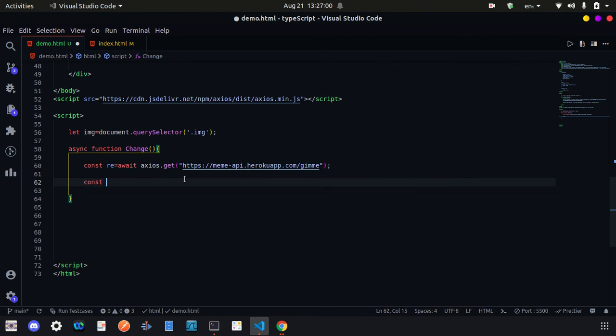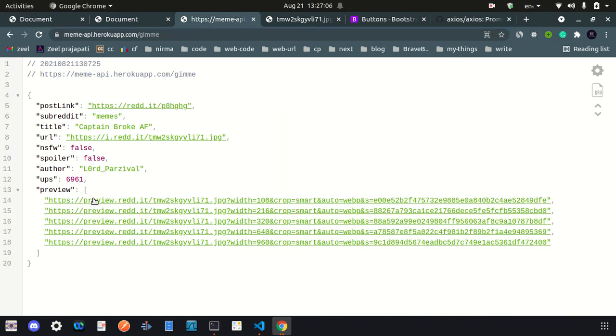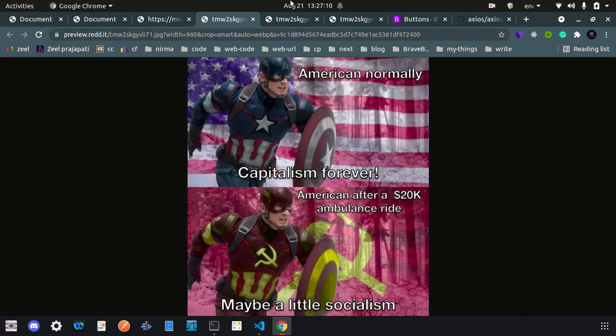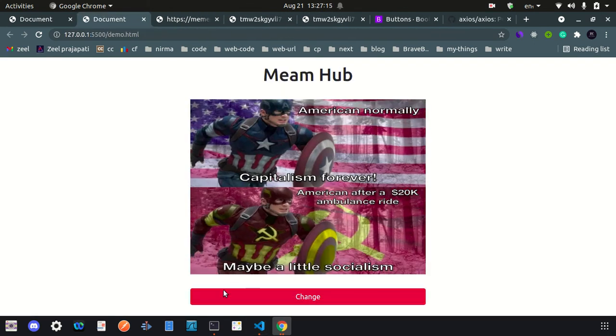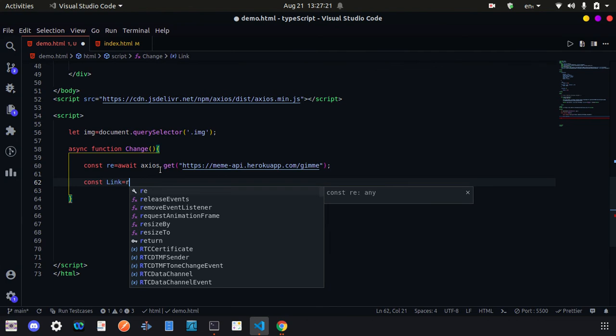And now let's take our meme link from this API data. If you see the memes, the first memes are all the same, but the last meme has high quality. So we are going to take only that meme, and we are going to get that link. How can we take it? We have the response.